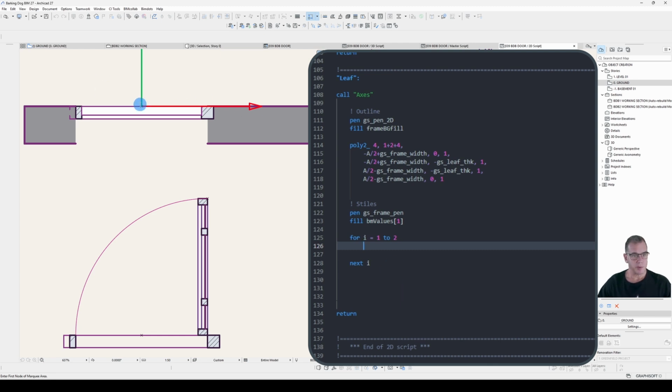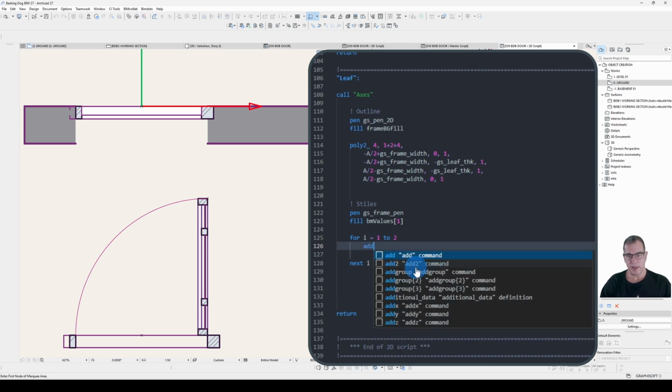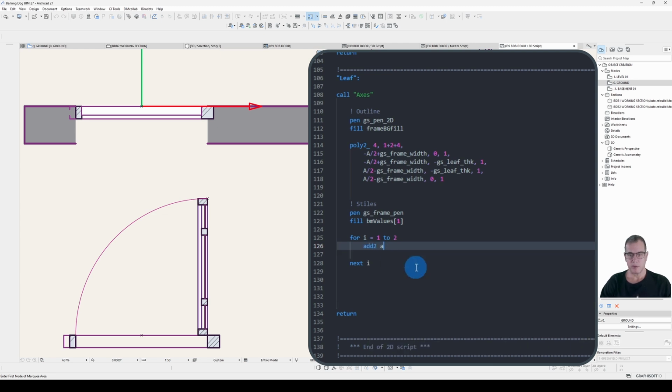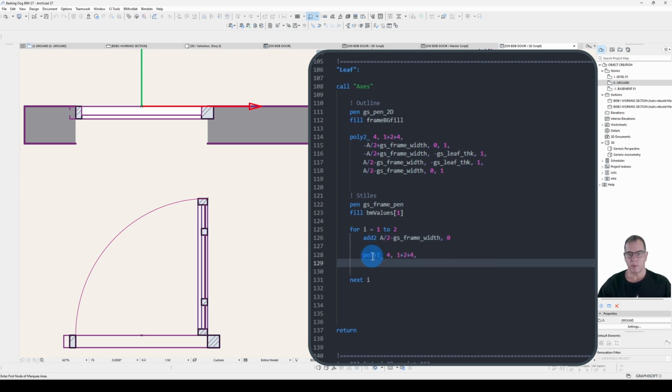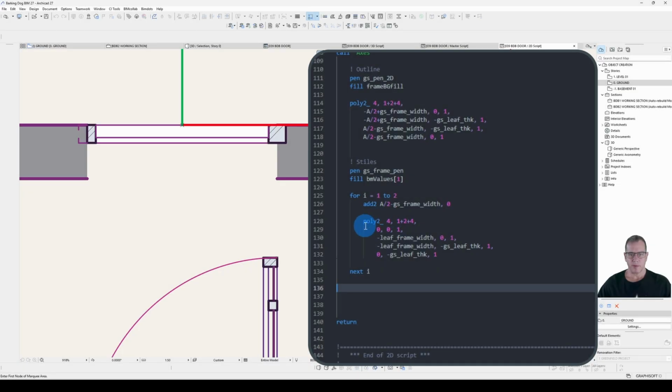What do we want to do? We want to add across to here, draw our frame, delete, come back to here, and in order to come back to here, we will mirror our transformations, scale them by a -1, and then do the same thing again. So we'll go add to a divided by 2, which will get us to this point, minus GS frame width, nothing in the Y. We want our poly2 statement with 4 coordinates. We're drawing this bit here, start at 0, 0, come back,